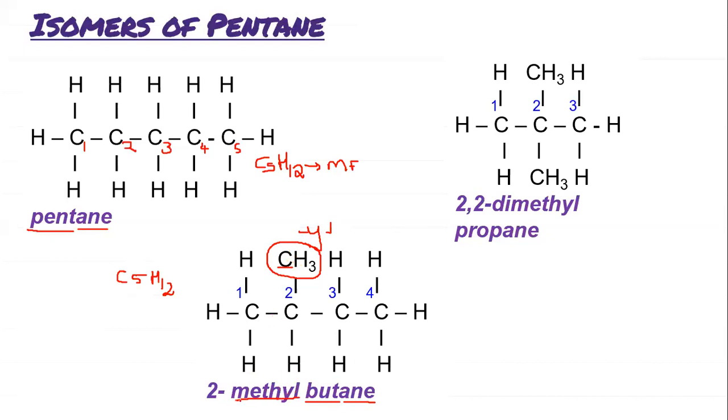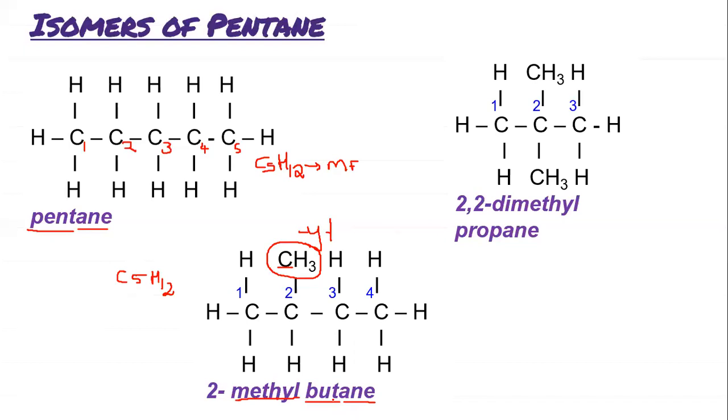So for 1 carbon, it's "meth", and because I know it's an alkyl group, the name ends with "yl". So this is going to be a methyl. Then I check where that methyl is attached. It is attached to this carbon, which is carbon 2. So I'll put a 2 before the methyl, and then I need to put a hyphen. What is the reason for that? Because the IUPAC rule says there must be a hyphen between a letter and a number. So the name of this compound will be